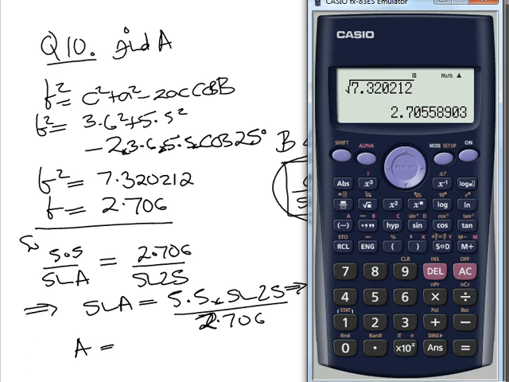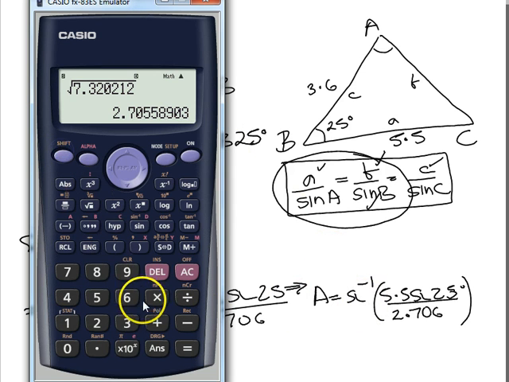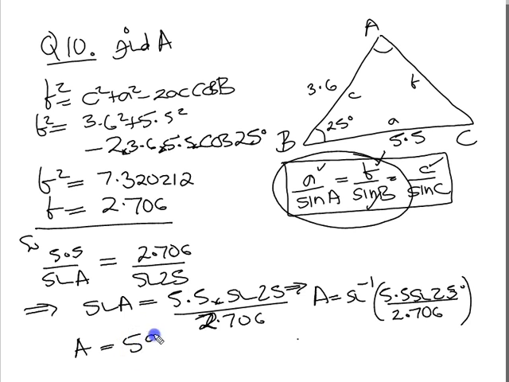So A equals then, just use a calculator. Shift sine, bracket, 5.5 times sine 25, close that bracket, divided by 2.706, yeah? Close the bracket for the inverse sine, 59.20 degrees, that's A. But remember, when we're doing inverse sines like this, I'll just put it in here, you have the CAST,